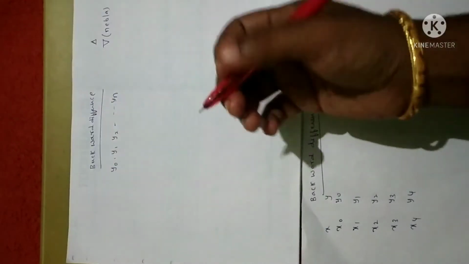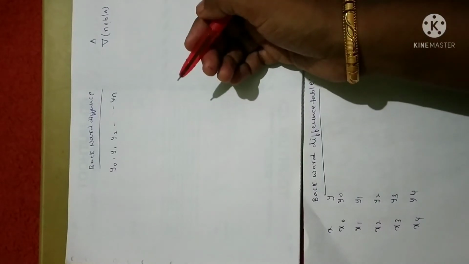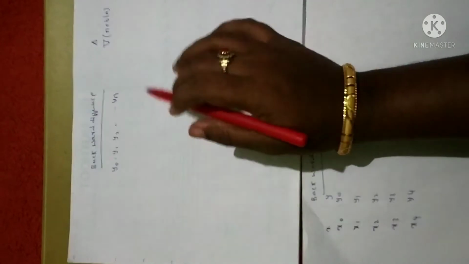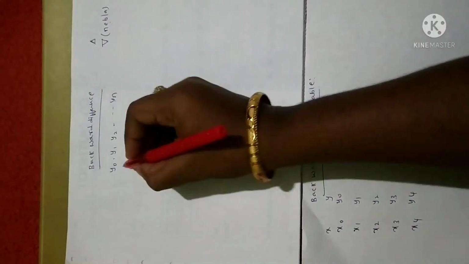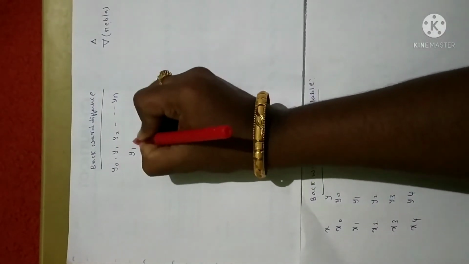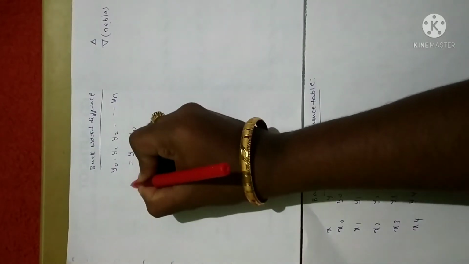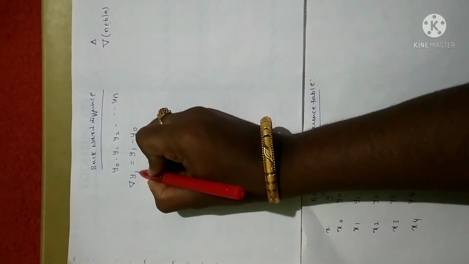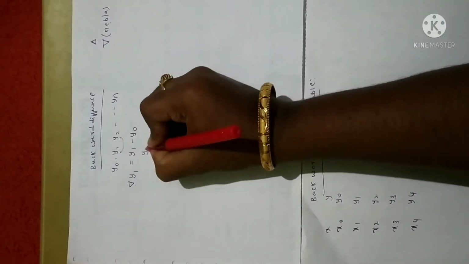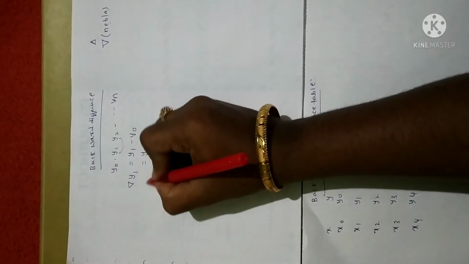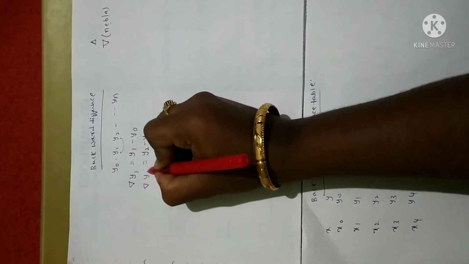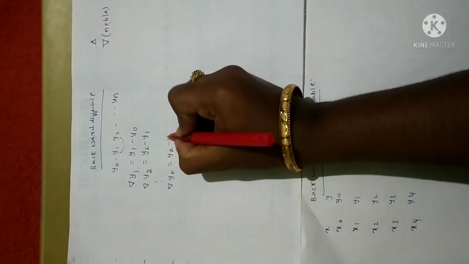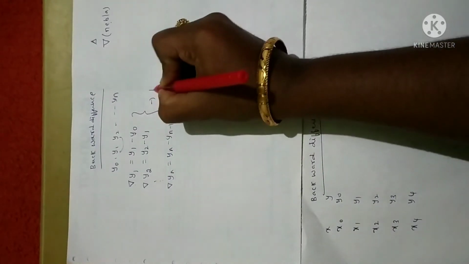Like the forward difference, we can also calculate the first backward difference, second backward difference and third backward difference. The procedure is similar, but the way of representation is different. See, if I take the difference y1 minus y0, we represent it using the backward difference as nabla of y1 or reverse delta of y1. Similarly, the difference of these two, that is y2 minus y1, will be reverse delta or nabla of y2. If you continue the same, nabla yn will be yn minus yn minus 1. So this will be the first backward difference.